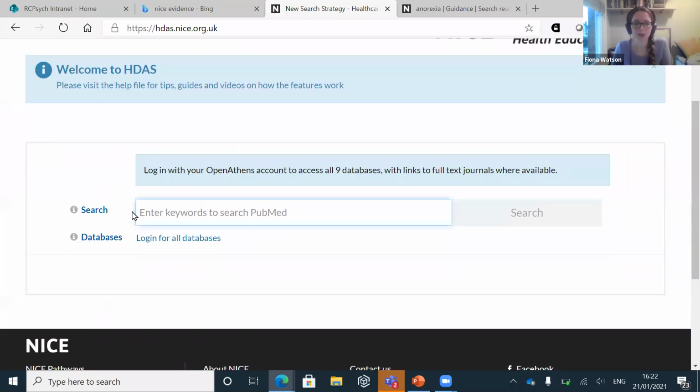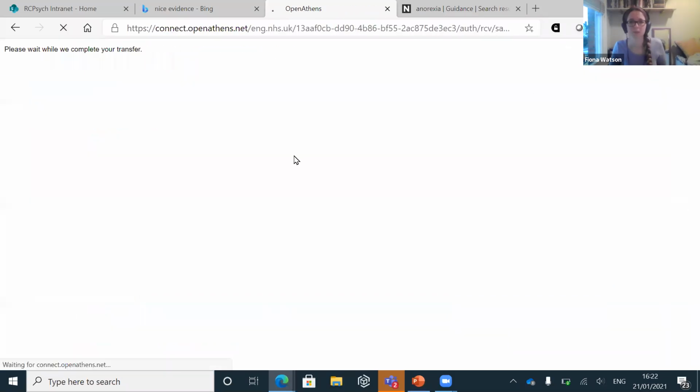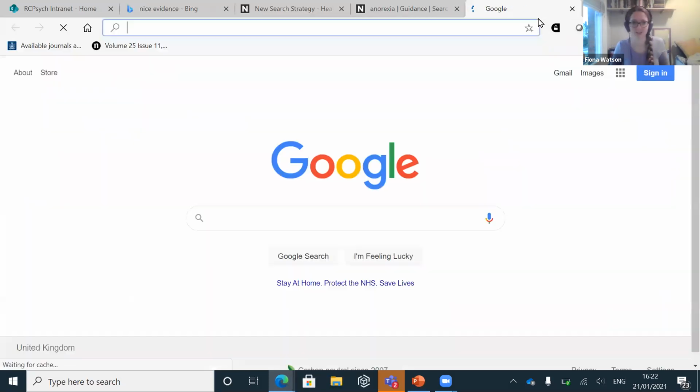Now you don't need to log in, but if you don't log in, you'll only search PubMed. So much better idea to log in. And that is a wonderful example of how your computer will get confused if you're logged in on the wrong OpenAthens account. It won't tell you that that's what happened, but that's essentially what's going on in the background.